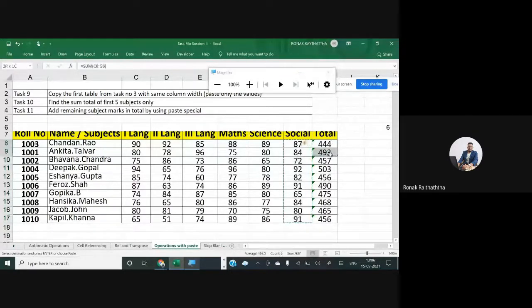Then go over there in the total and select all the totals, my friends. Select all the totals. Here I want to paste the marks of the social in addition to the total which is already given to me.